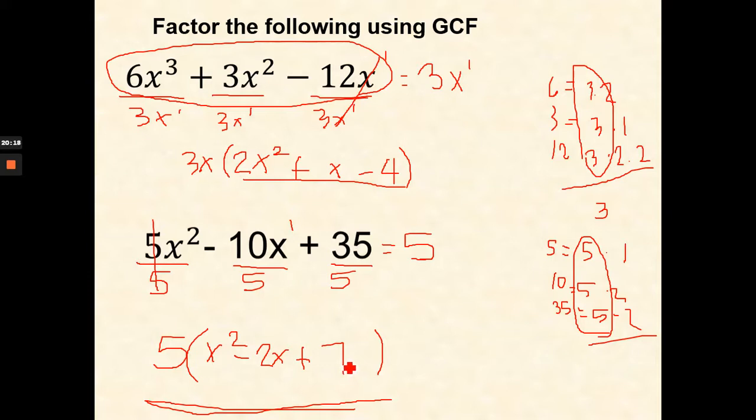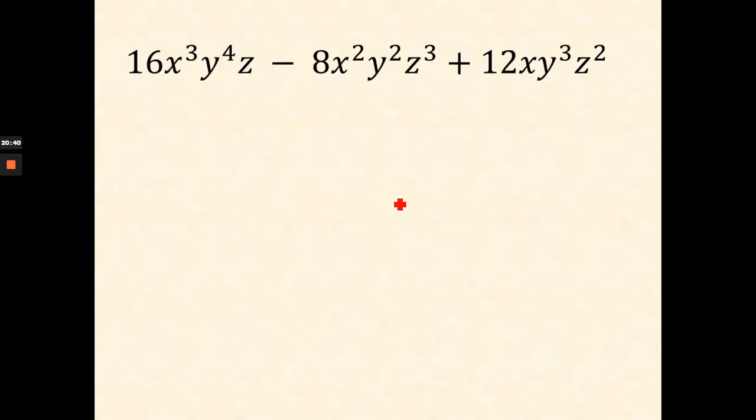Okay? When we are talking about factoring, it is not just one number. It is not just one factor. It can be 2 or 3 factors. So here we have 5 as the greatest common factor, and then x squared minus 2x plus 7 is the other factor. Okay? Next, we have here